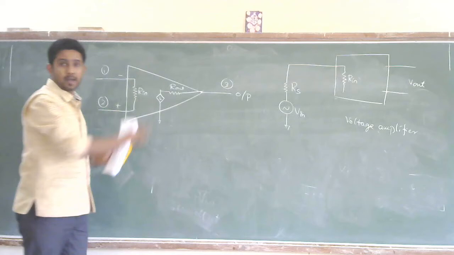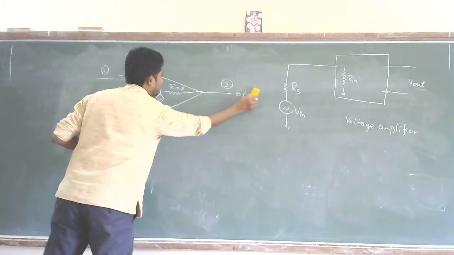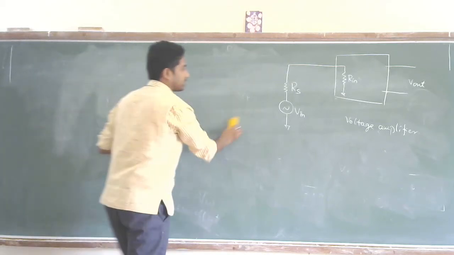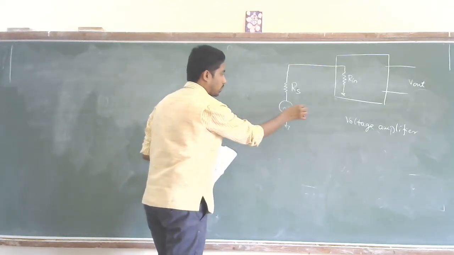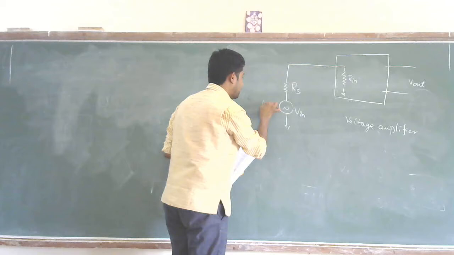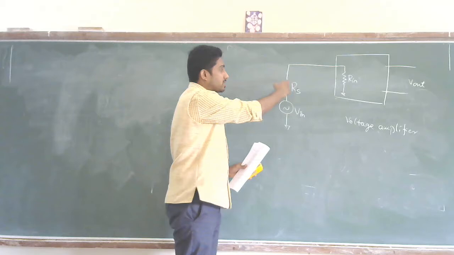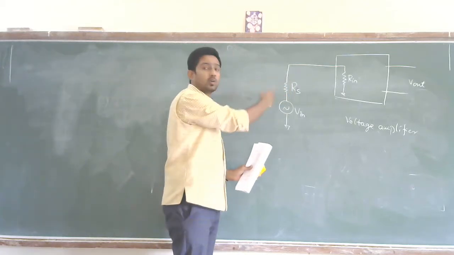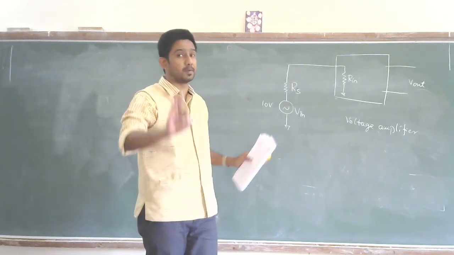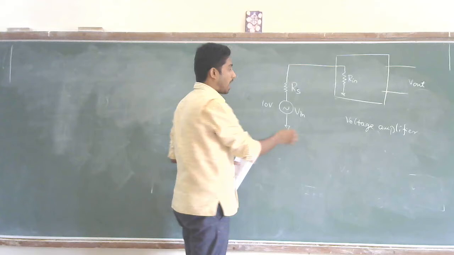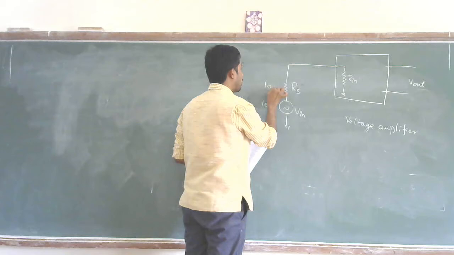So basically this is how my op-amp circuit looks, and this is how my general amplifier circuit looks. Right? So I'll rub this. Now let us consider the general structure. Let's say I am giving the input voltage to this amplifier as 10 volts. As you know, the internal resistance of the source, which by default comes with the source, is the resistance offered by the source, and it will be very, very small. So specifically Rs, which I am taking over here, let this be for the time being 10 ohms.